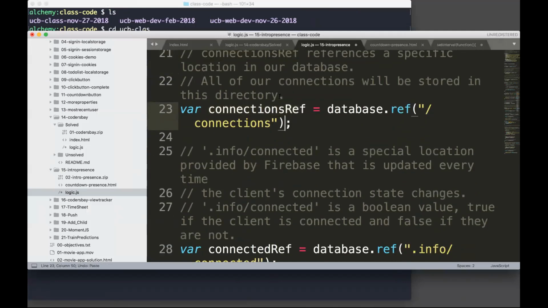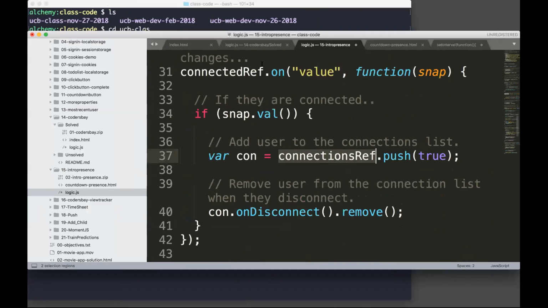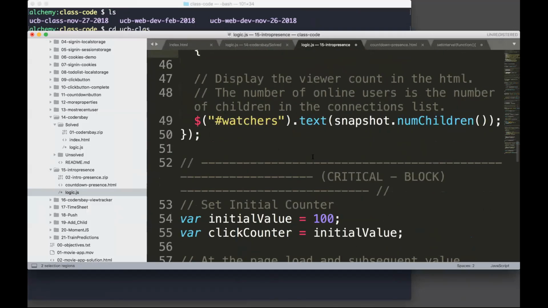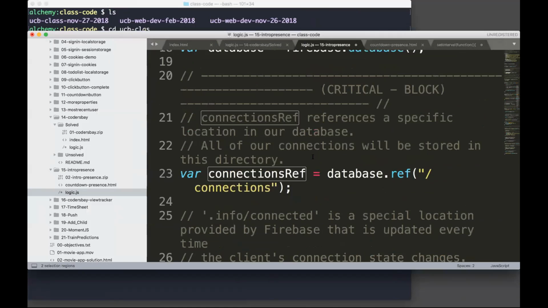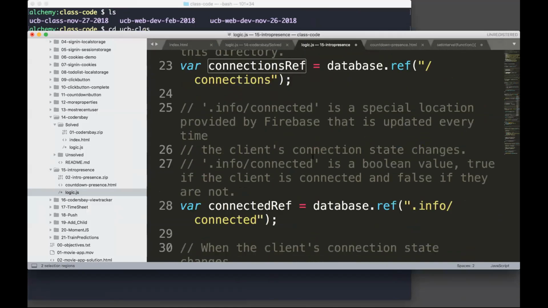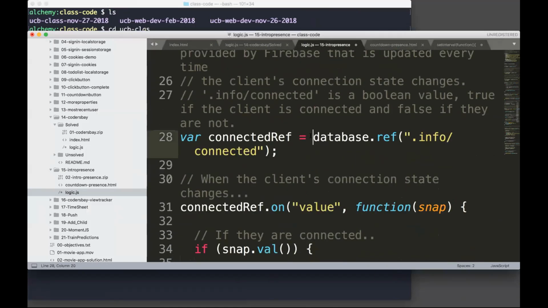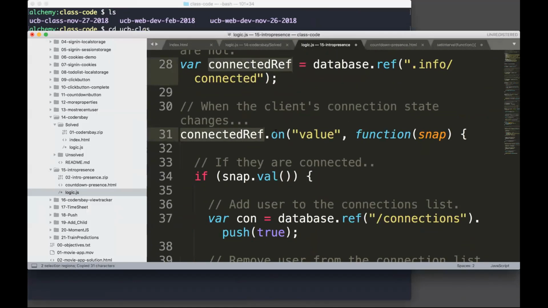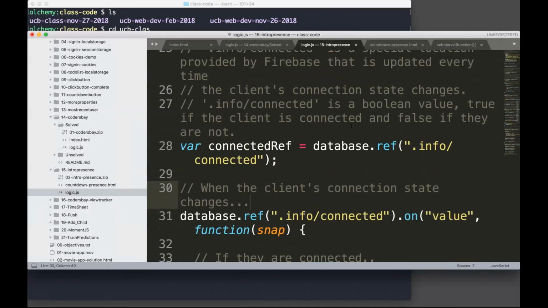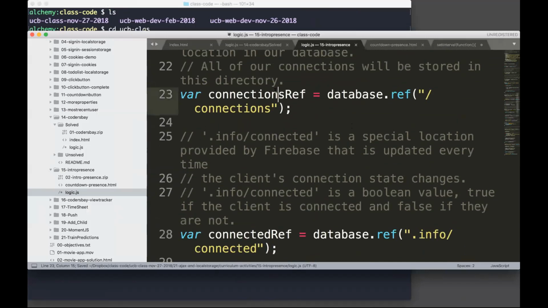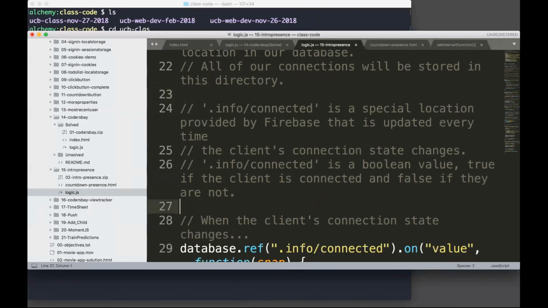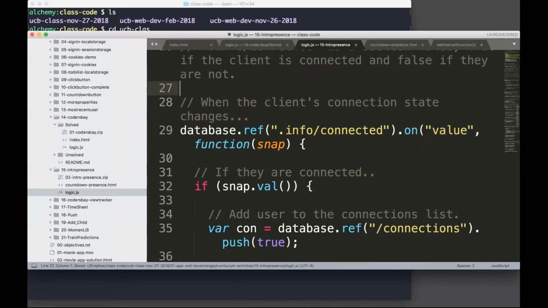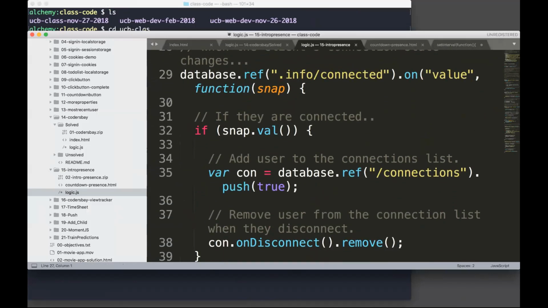I went too far. One second. Right here. There we go. Okay, here we go. So I'm going to just remove this to make it a little bit easier to understand what's going on. They made it a little bit less redundant by making those variables. It's harder to see what's going on. So over here,